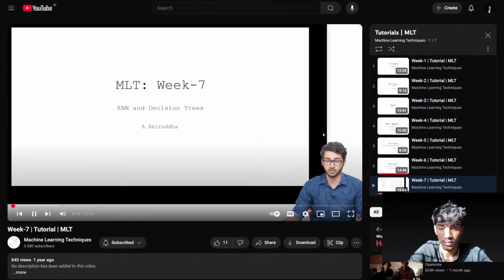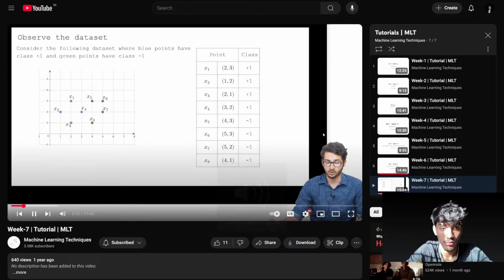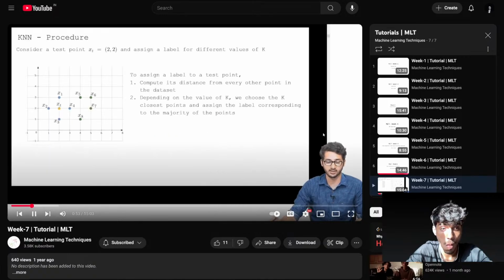Slides and notebook prepared for week 7 covering the topic. So now of the points is what will be